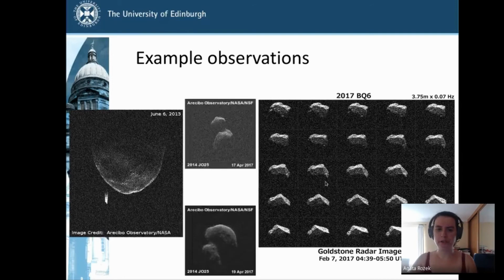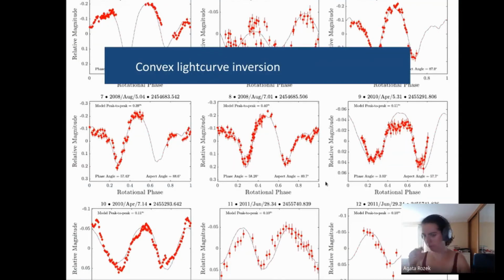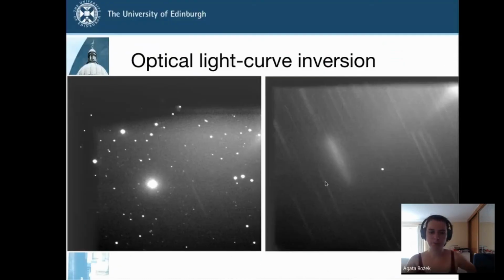And to finish off my talk, I'm going to talk a little bit about how we actually recover the shape information from asteroid observations, starting with light curve inversion, with the optical light curves that we collect with optical telescopes. Those 2 images here come from observations that I performed with a robotic telescope in